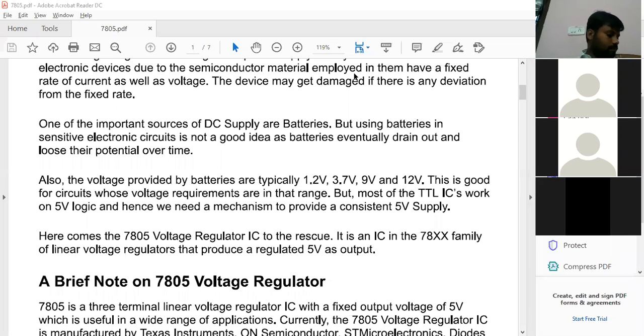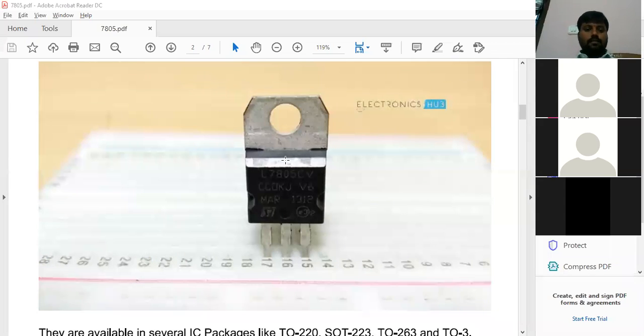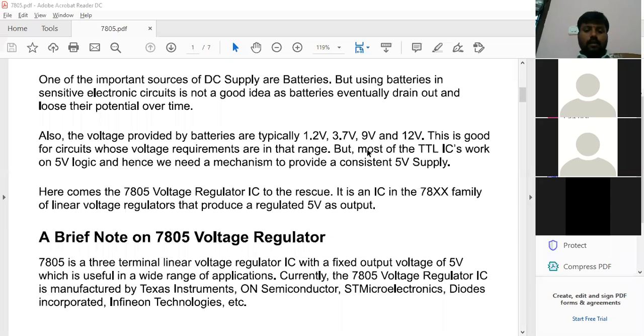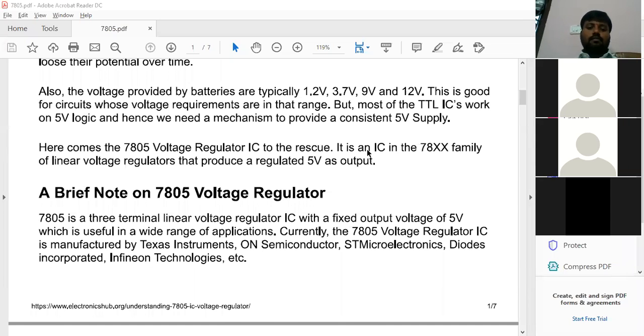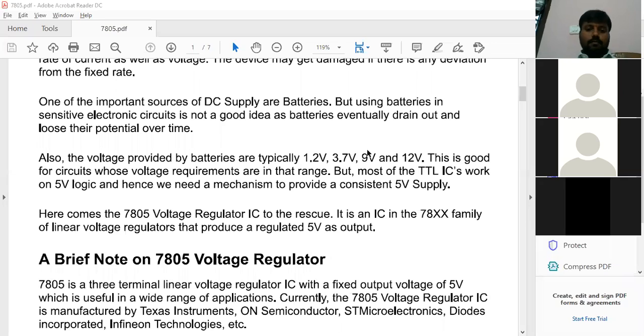Okay, and now here you see the IC will be like this. 7805 IC will be like this. Okay, and it is having three pins, but here we need to have two input connections and two output connections. So again, the question arises here: what kind of pin is to be used at the input, and which is for the output? And here it is the same as a transistor. One pin of this IC is made common. That is, one pin is ground. Okay, one pin is always ground.